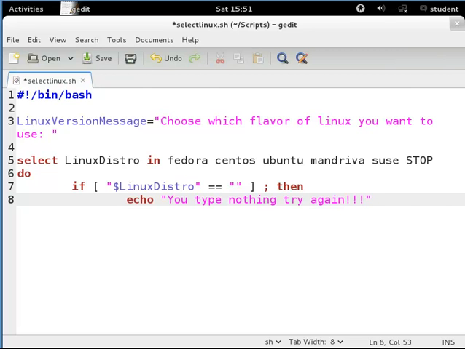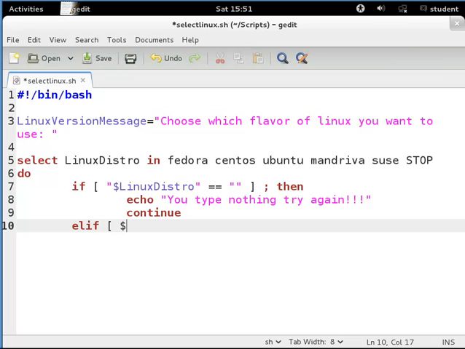Alright. They're getting a little testy about it, but hey. Yeah, we can even detect when they do nothing at all. Continue, remember, skips the iteration. So all the rest of the stuff down here, if they type nothing, we're going to skip it. Makes sense? And then else if they typed in $Linux distro right here. And if they have it equal to stop,